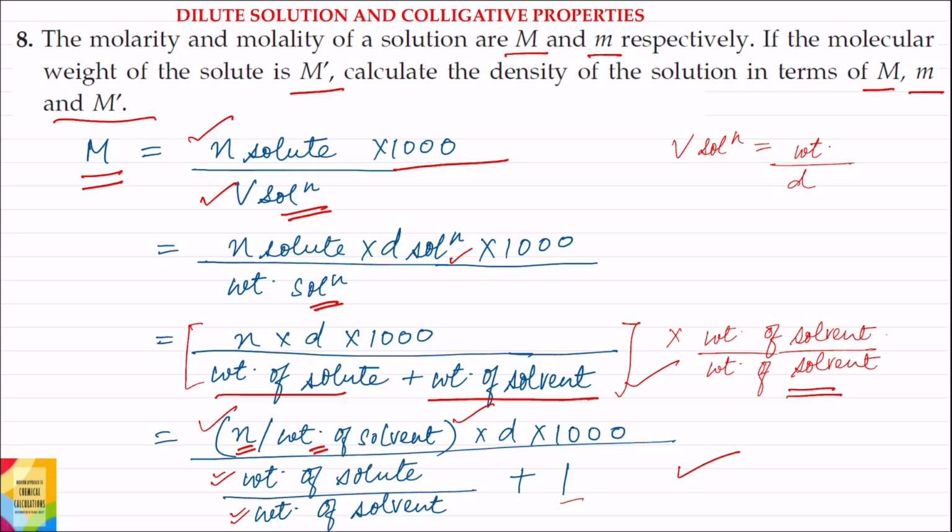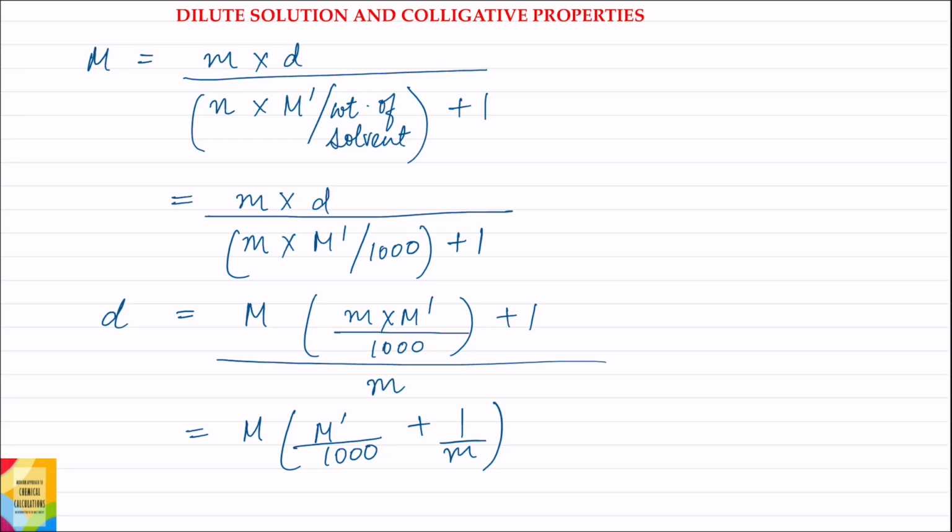So n divided by weight of solvent into 1000, this whole becomes equal to molality. So we can write this as small m into d, and in the denominator weight of solute can be written as moles of solute into molecular weight of solute, and dividing it by weight of solvent, this whole comes into the bracket plus 1. Now this equation in the bracket, if we multiply and divide it by 1000,